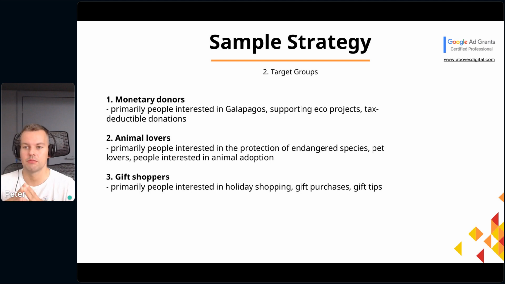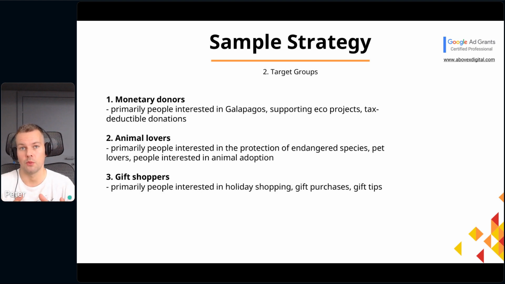After we defined these objectives, we defined target groups, right? So again, we talked to the client and we said, okay, who are the people that you want to go after? Who are the people that donate you the most? You probably know some of them personally, have some lists from before, you know what's the response, you know how it resonates with different groups. And they said that obviously they mostly want to go after people who are likely to give them monetary donations. So this could be well-off people, this could be businessmen, this could be people in managerial positions, but it could be also people that are interested in environmental protection, things like that.